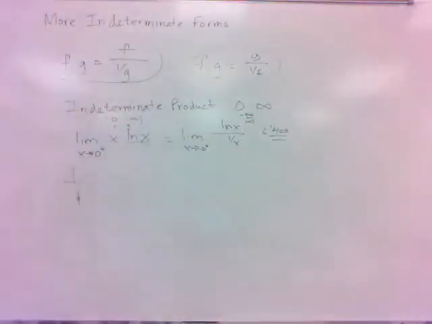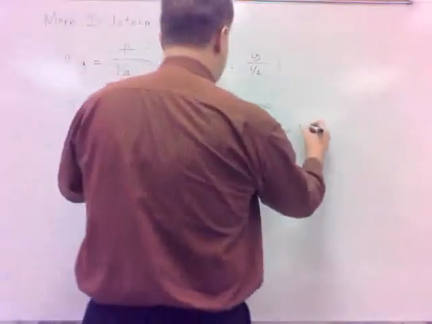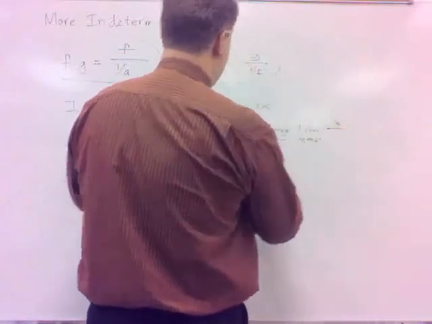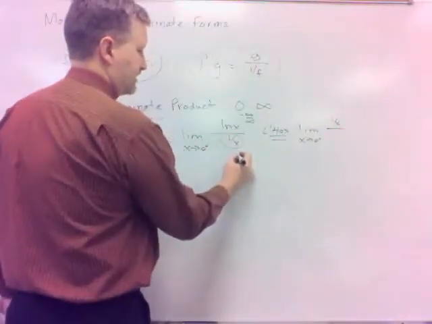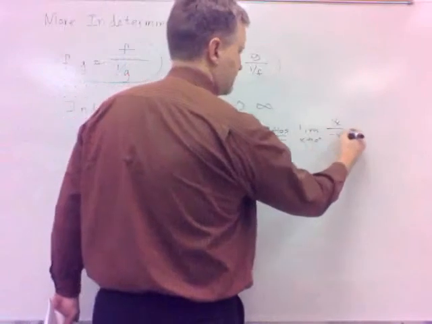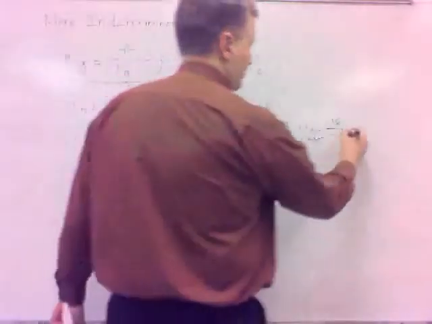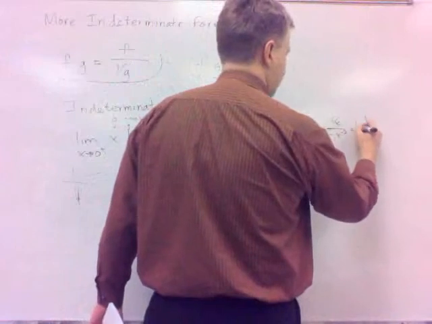By L'Hopital now, do the derivatives. So it's limit as x goes to 0 to the right, 1 over x. And then what about the derivative of that? So that would mean x to the minus 1. Would it be minus x to the minus 2? Or 1 over x squared, minus 1 over x squared.